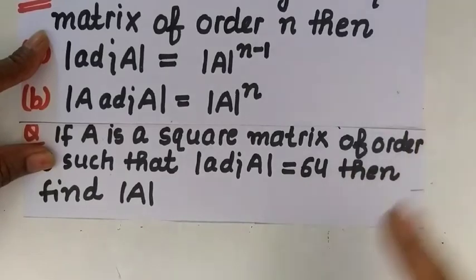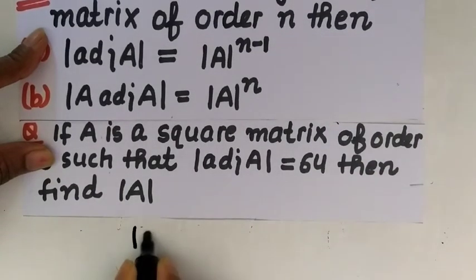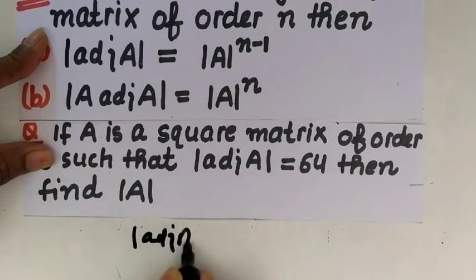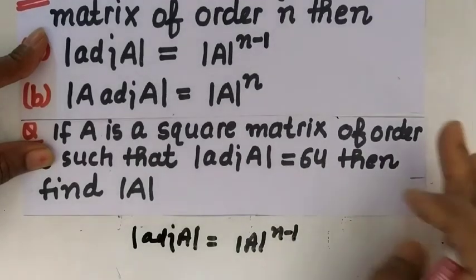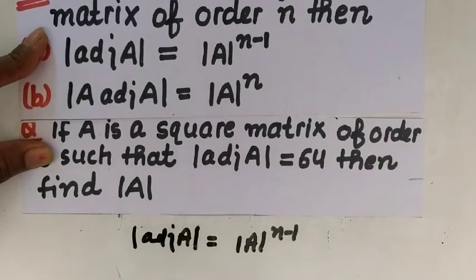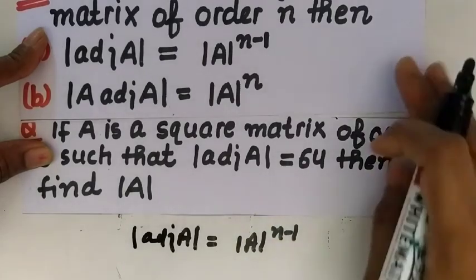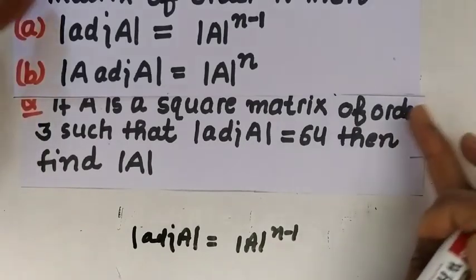First of all I will write, we know determinant of adjoint of A is equal to determinant of A whole raised to power n minus 1. Okay. Now it is given determinant of adjoint of A is equal to 64. So in place of determinant of adjoint of A, I will substitute 64. So 64 is equal to